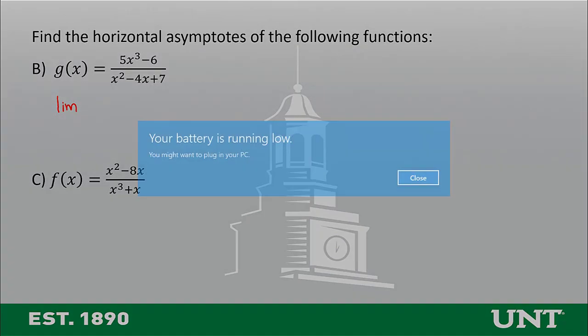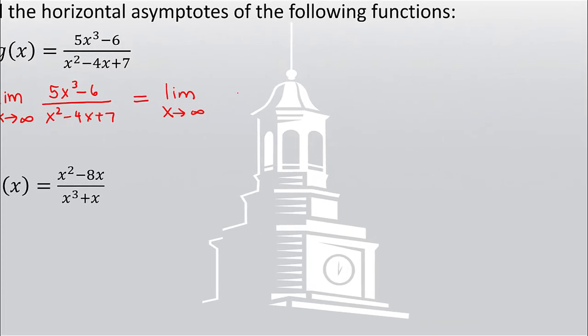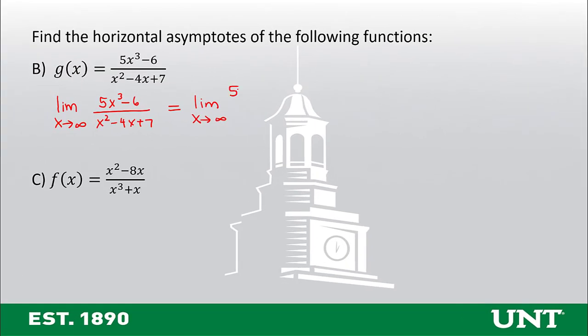G of x equals 5x cubed minus 6, all divided by x squared minus 4x plus 7. So, to find the horizontal asymptote, we'll take the limit of this expression as x approaches infinity. Seeing that we actually just evaluate only the highest degree terms, let's write the limit as x approaches infinity of 5x cubed minus 6 divided by x squared minus 4x plus 7 is the same thing as the limit as